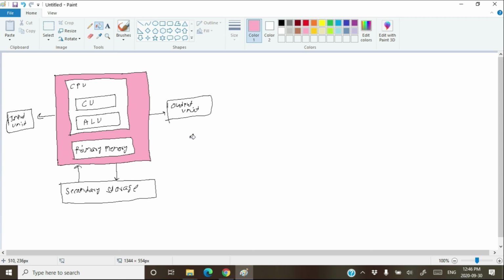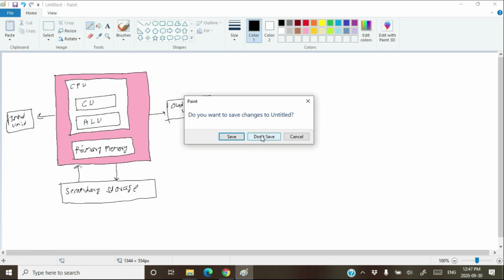and all other components of the computer are actually outsiders of the computer. When you study about the computer components in your higher classes, like in engineering, the input unit, the output unit, and the secondary storage, actually all are treated as a common input output unit. But for now, in the class 11th, go with the picture given in your book. So take the screenshot or draw the picture so that we can proceed further. So these are the various components the computer has.